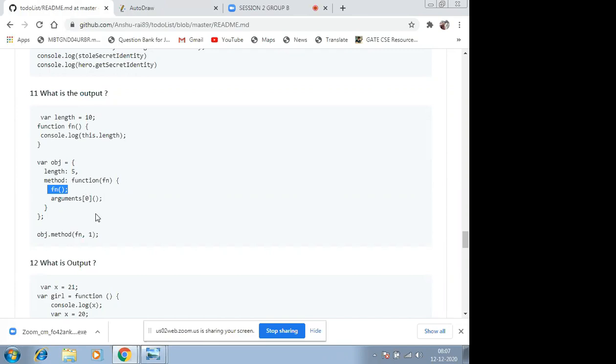I didn't understand that part. It's a function named arguments of 0, right? Yeah. So what is my arguments 0 right here? This is fn, right? Yeah. So this will give me fn. Okay, got it. So is it clear now? Yeah. Thank you. Cool.